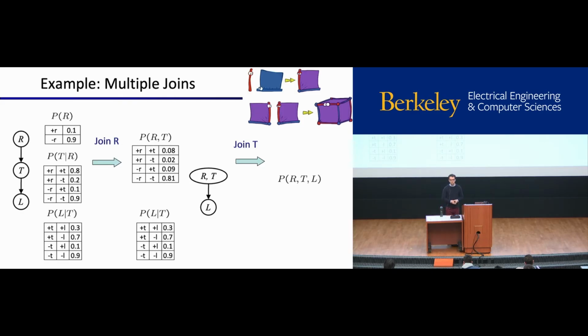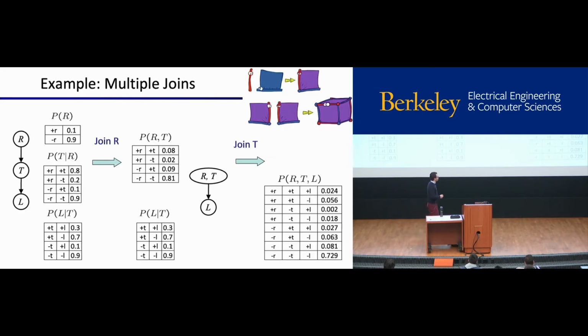So how many dimensions is our table now? 3, because we have 3 capital letters. Okay, and what are the sizes of those dimensions? 2, 2, and 2. Okay, yeah, good. So we've just drawn it as a vector, but you can think of this as being 2 by 2 by 2. And the probabilities in this matrix, they're coming from just multiplying these probabilities together. So there's 4 values in this table. There's 4 values in this table.